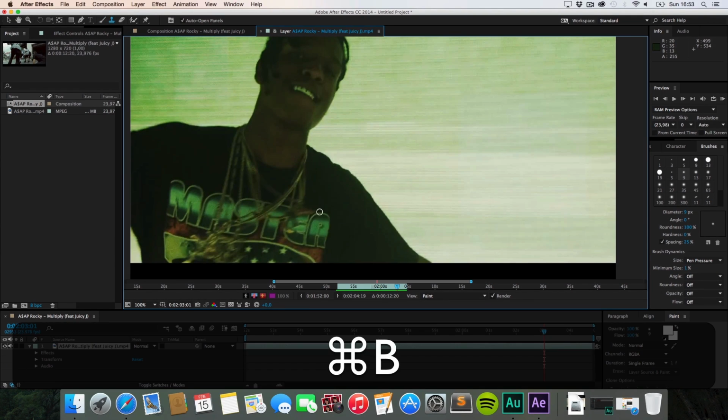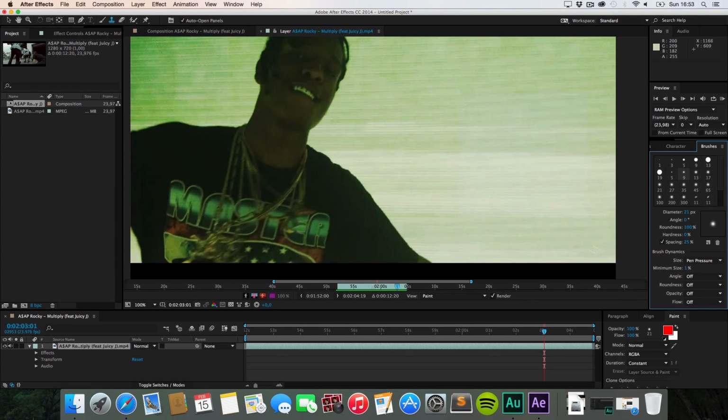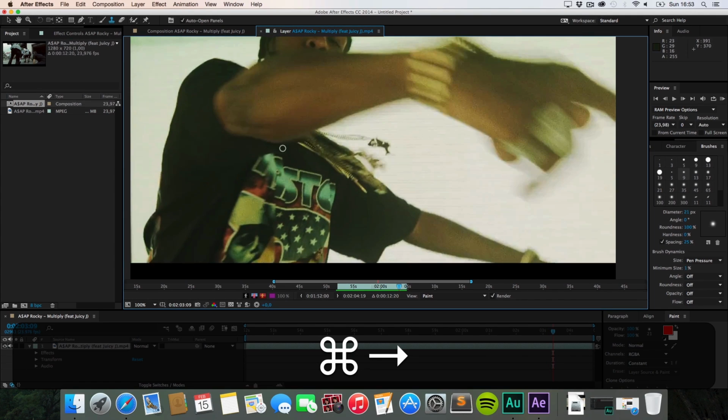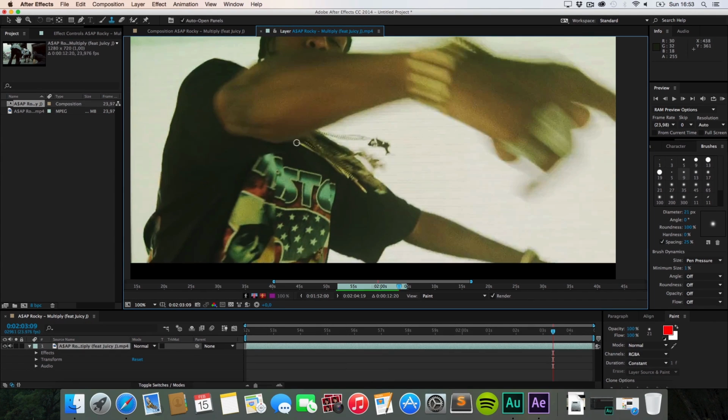And for the animation of his arm again, I did the same stuff as with his hands or his eyes. I just scrubbed through and saw where his arm started to show up. And yeah, I just made a little mistake right here, as you can see.